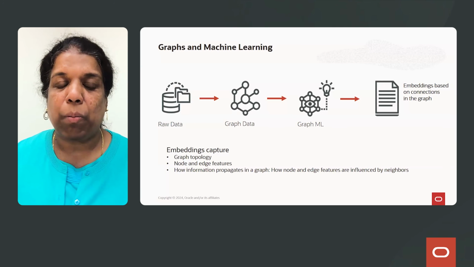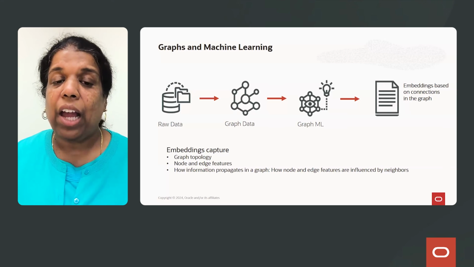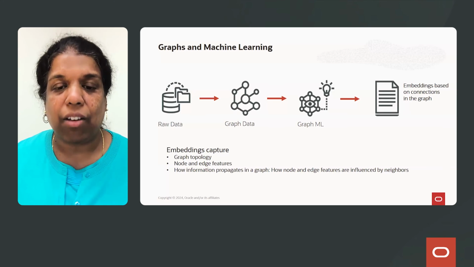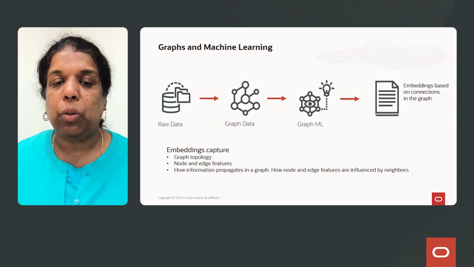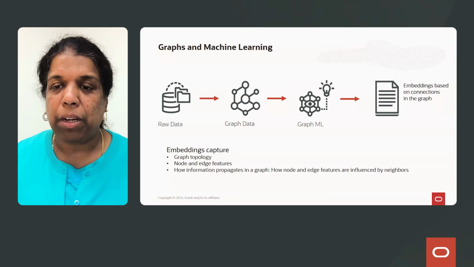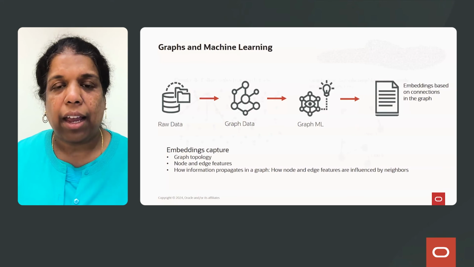You can capture information on how they're connected to other nodes, which node and edge features they're connected to, and how information propagates in a graph, like how do the neighbors of a node influence a particular node? And that gives you more information coverage that can increase the accuracy of your machine learning algorithms and maybe help